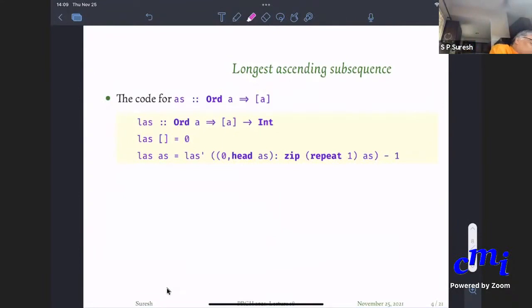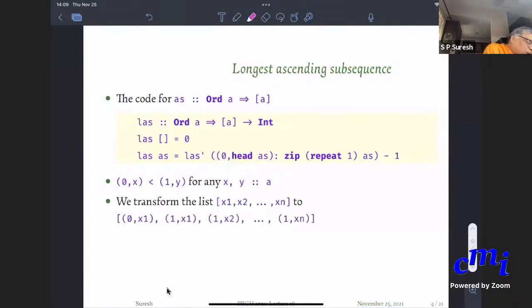So you do LAS prime on another list. In this list you put some element at the very beginning, which is guaranteed to be smaller than others. How? If you start with x1, x2, x3 all the way till xn, then you actually do (0, x1) and then (1, x1), (1, x2), etc. all the way till (1, xn).